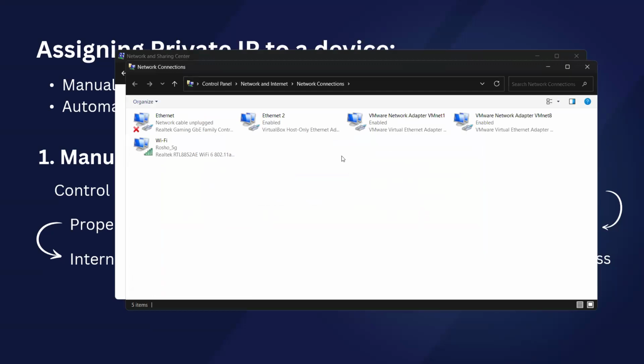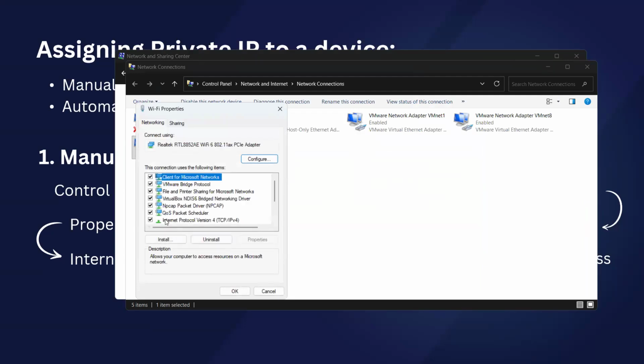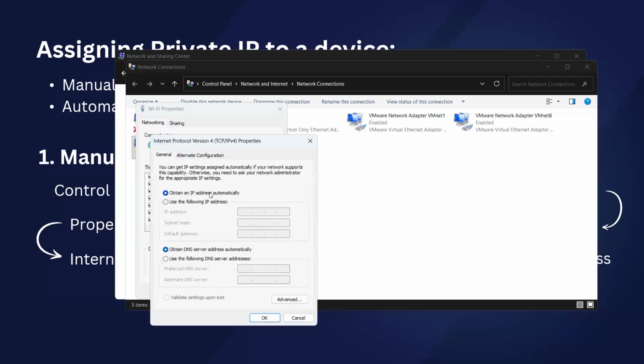And in the adapter settings, I have to select which adapter I want to assign the IP for. So if I'm connected to the Wi-Fi adapter, I have to right click on that and go to properties. Then I have to go to IPv4 properties, Internet Protocol version 4 properties, and then I have to assign the IP. Currently, I'm getting it automatically, which means I'm getting it from a DHCP server. But if I have to assign it manually, I can go to the second option